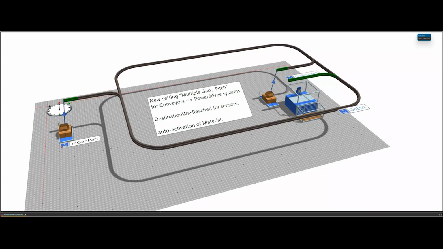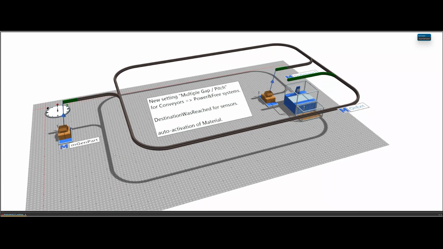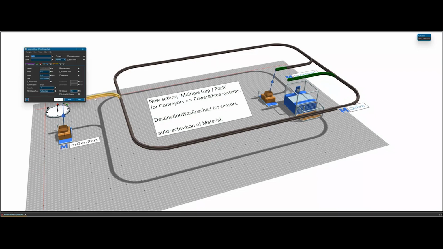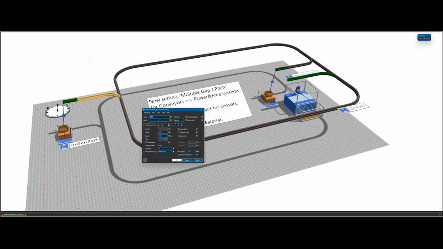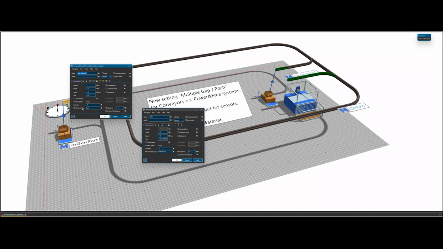Another feature that has been added is related to the conveyors. If you've worked with conveyors before, you may know that they have these MU distance settings, where before you could choose a MU distance type, you had like gap and pitch and minimum gap and minimum pitch. These were the settings that were available in the previous versions. And now what is new is the settings multiple gap and pitch,